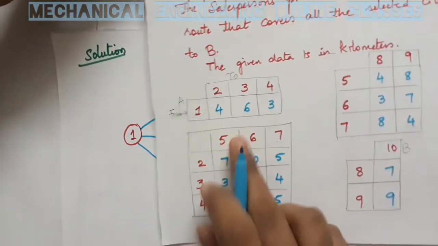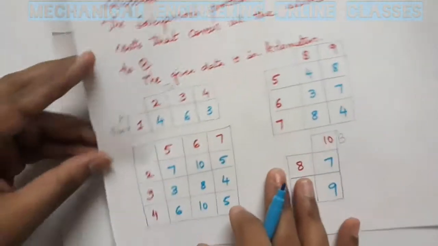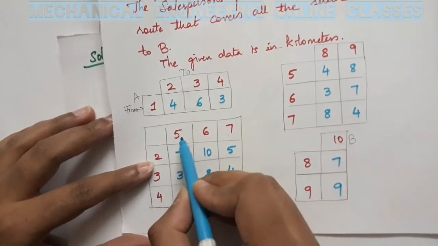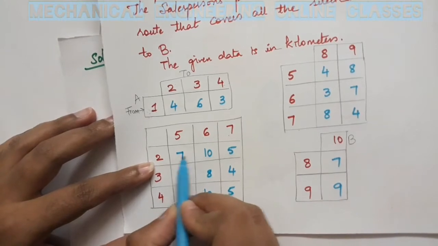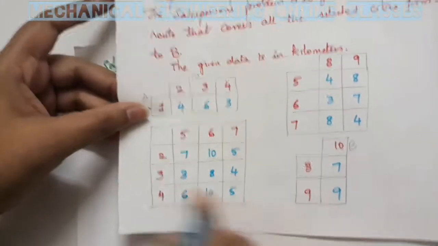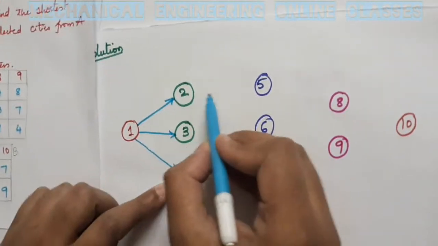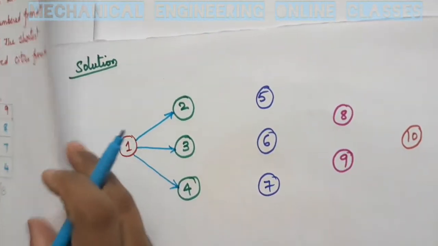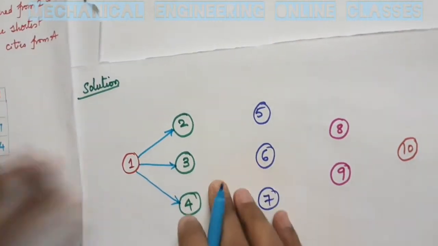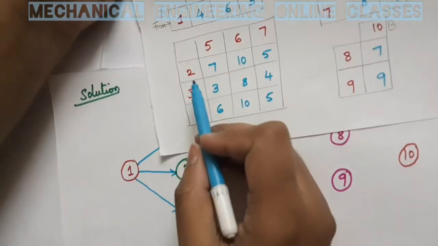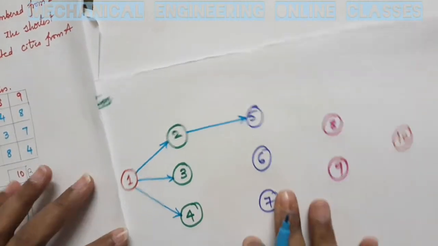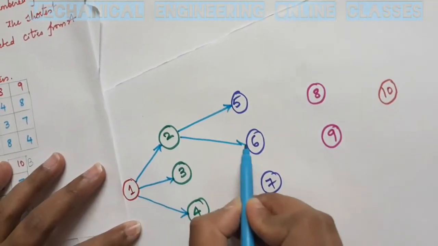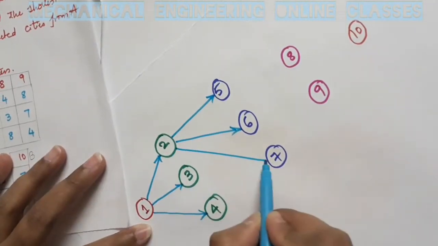Now from 2 I can go to 5, 6 or 7. In case there is no path from 2 to 5, but there is a path from 2 to 6 and 7. Here in the question you will get a hyphen. Means 2 to 5 is not there. When 2 to 5 is not there, you should not draw this arrow. So like how 2 to 3, 3 to 4, there is no path. So I am not drawing any arrows here. So from the question, from 2 I can go to 3 cities. So I am drawing my paths from 2 to 5, 2 to 6, 2 to 7.